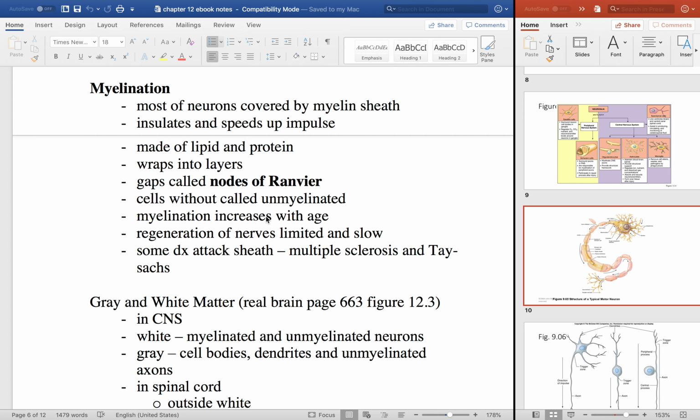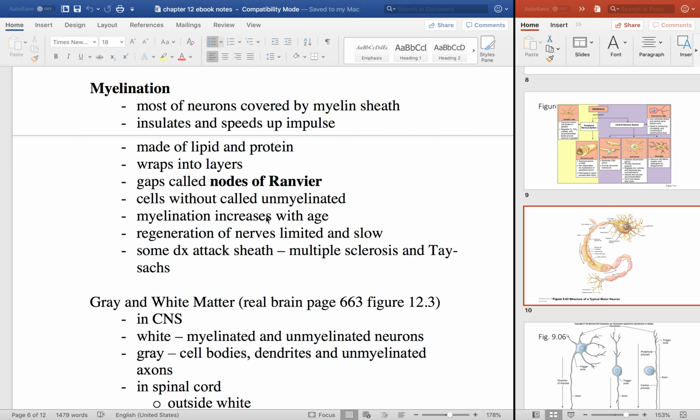The regeneration of nerves is limited and slow, and oftentimes these Schwann cells, as I said yesterday, sort of act as a band aid. If the axon is torn, then a Schwann cell can insert itself and sort of wrap around the area that's torn. There are some diseases that attack myelin sheaths, and that is multiple sclerosis, which